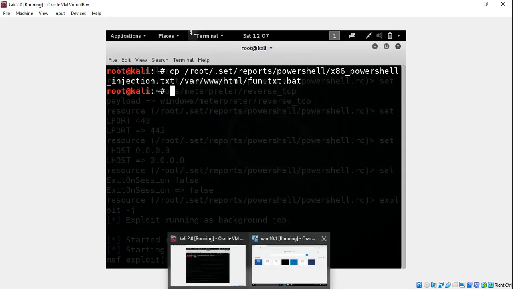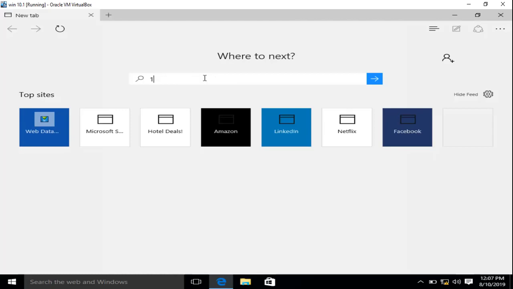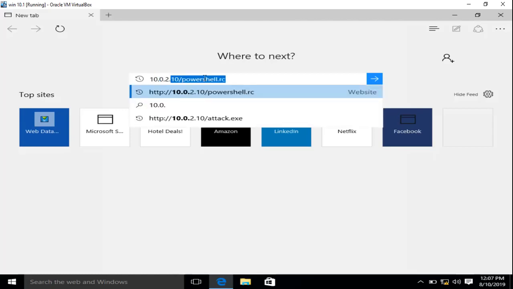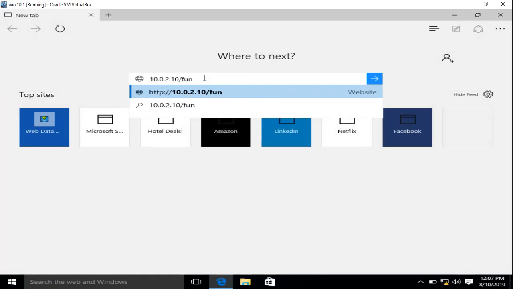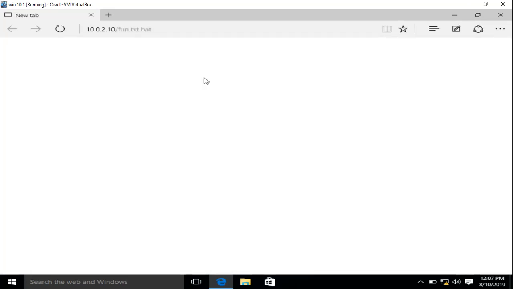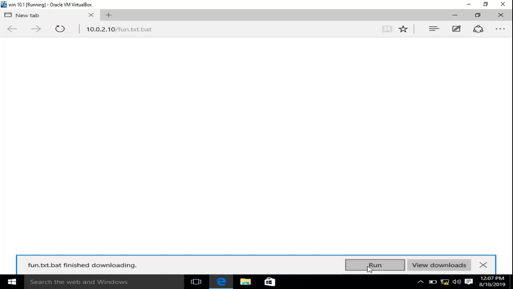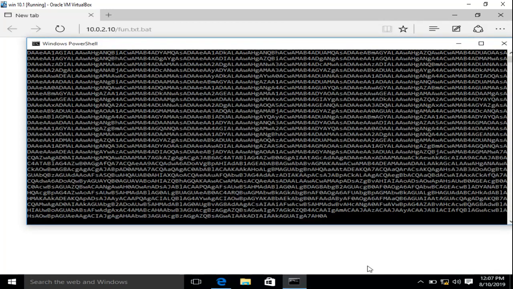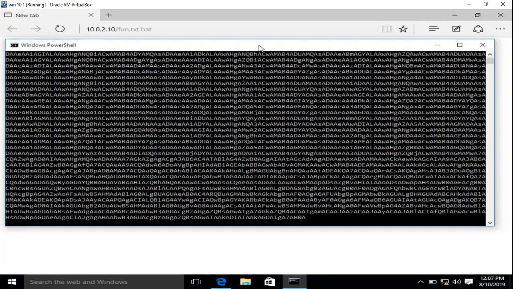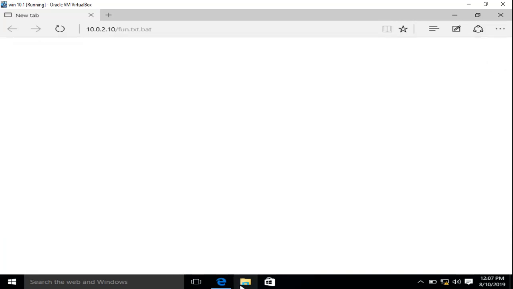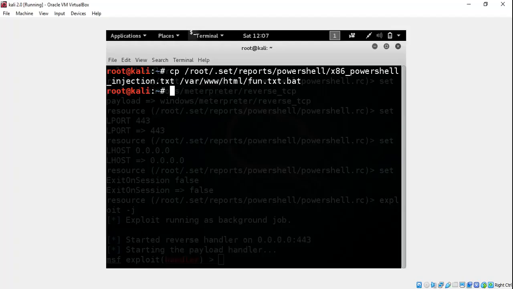So switch to Windows, okay, and now let's access the website, that is the web server, okay, and then the name of the file, which is fun.txt.bat, okay. Hit enter, and it has finished downloading, okay. Simply click on run, okay. So it's running. Done. Close this one,